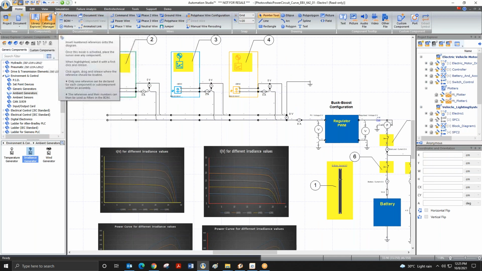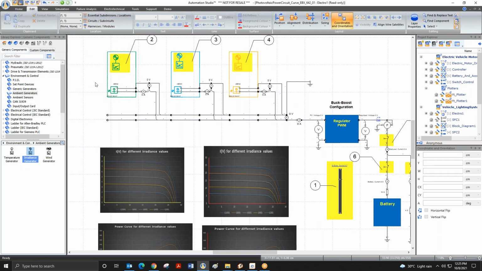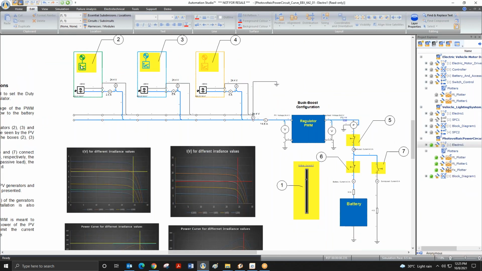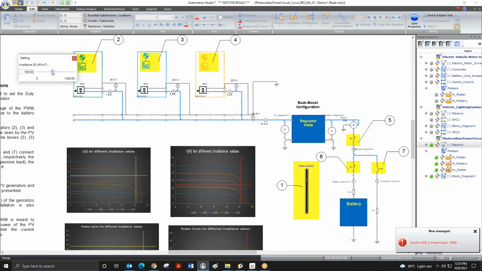As I told you, we can define subcircuits. So I have defined three different subcircuits, one for each solar panel. This is a separate sun for each panel, and how it is changing you can change by the slider, and that's how we are changing the irradiance of each, and according to the irradiance, the output changes.